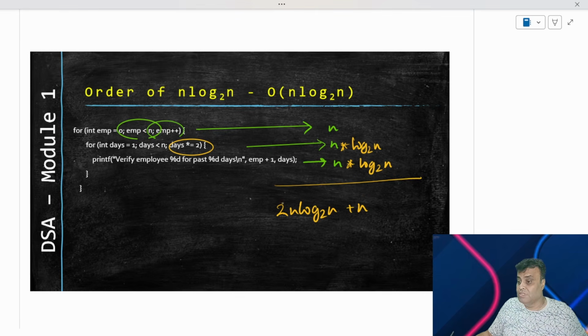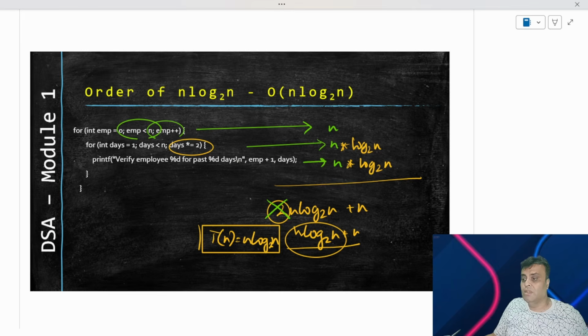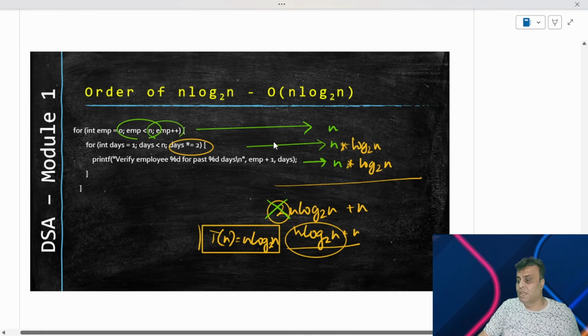Which is where we will say again, this particular line is only the magnitude. We can neglect this magnitude because it depends on the machine power, and hence we have n log base 2 of n plus n. And this will be the higher degree, and hence our time complexity will be n log base 2 of n. So that is the answer to this problem. I hope you can now resonate how we can quickly calculate time complexity and put it against a complexity class.